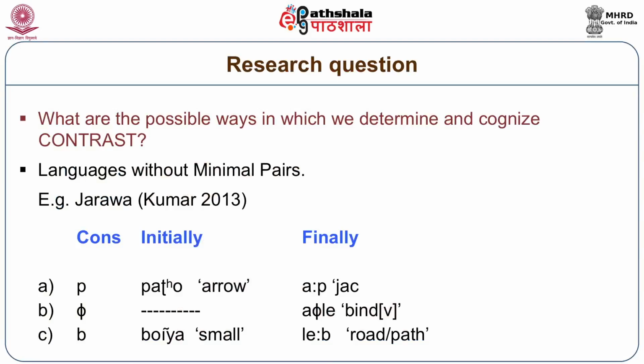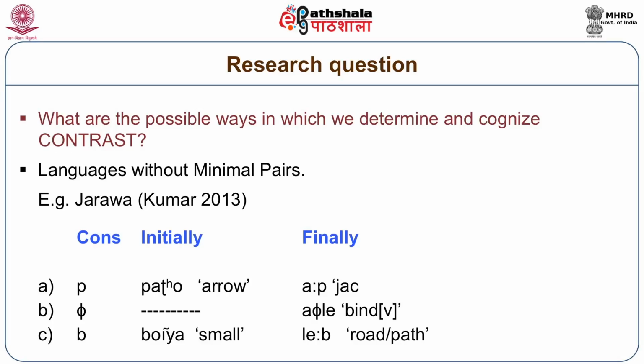For example, in structural phonology, the notion of minimal pairs is of critical importance. However, when we look at more and more data, languages, especially endangered languages in India and elsewhere, or languages which have very few speakers, what we find is, because of the limited vocabulary, it is not possible for us to find minimal pairs. And yet, the languages are there, the sounds are there.